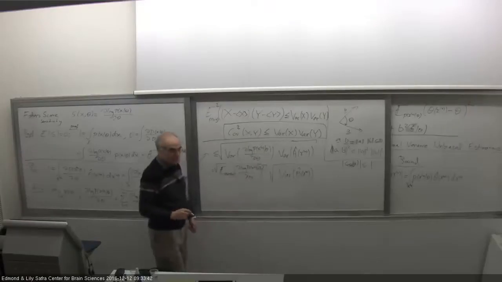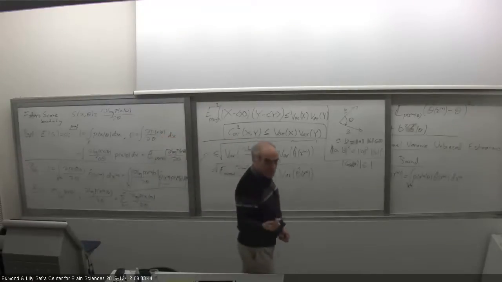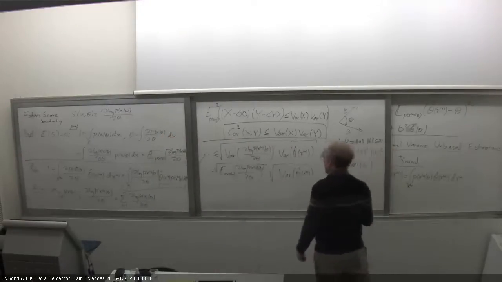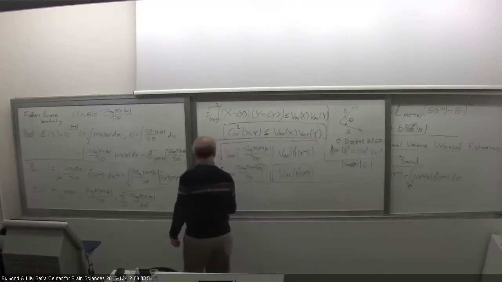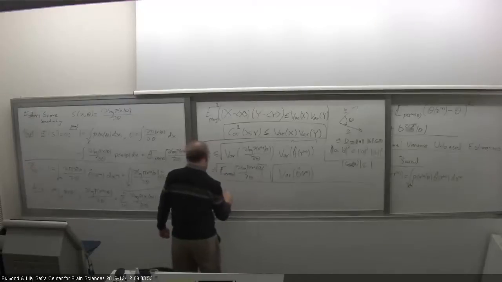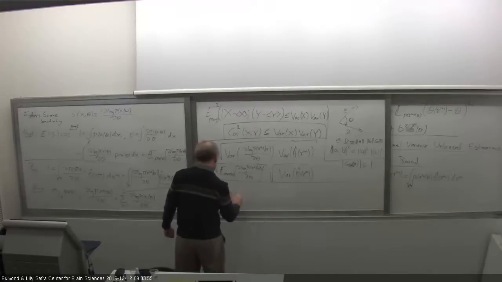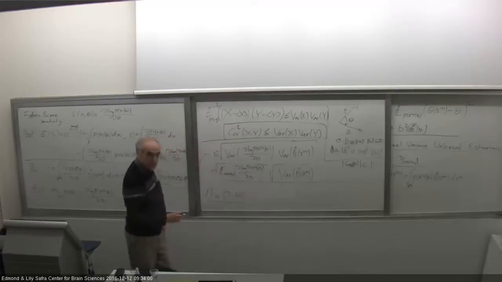Okay? So what in fact we proved, and this is indeed the Cramer-Rao theorem. So we proved the following theorem. Cramer-Rao, I think it's 44, but I'm not sure. Yeah, 44. The theorem is that